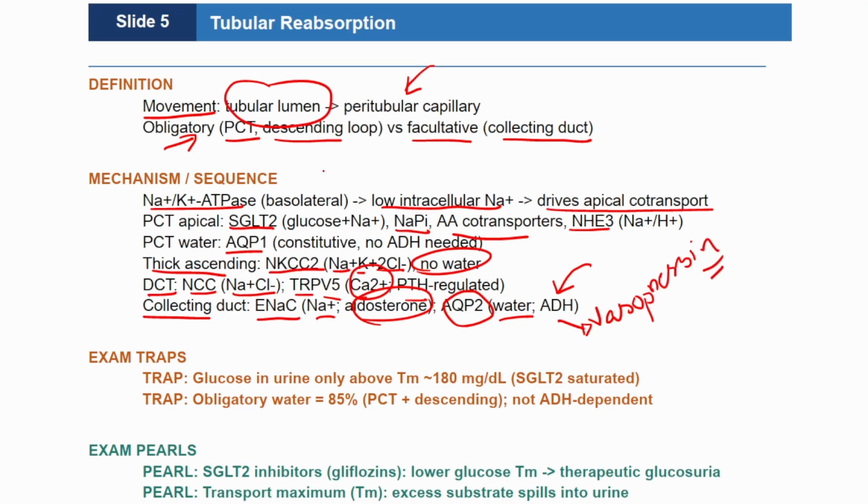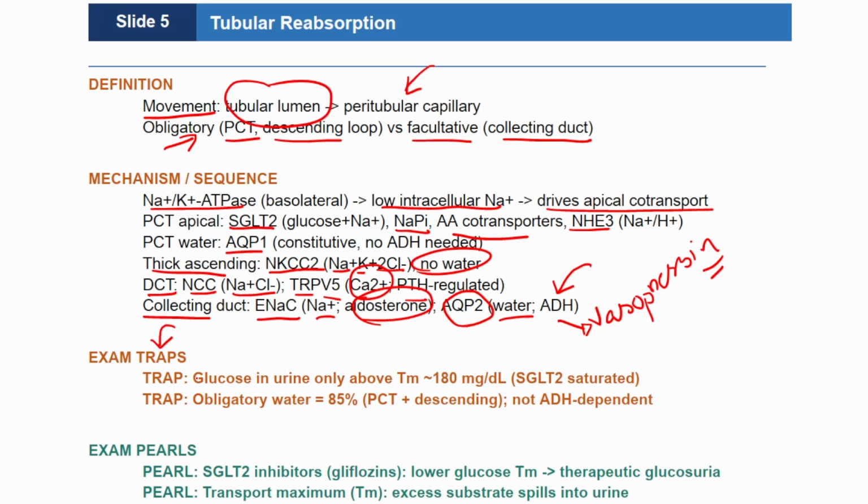When patients present with severe volume retention, chronic kidney disease, or type 2 diabetes mellitus, doctors target these transport pathways using highly specific medications. Pivoting our path to traps, and the first trap involves examiner trying to test your understanding